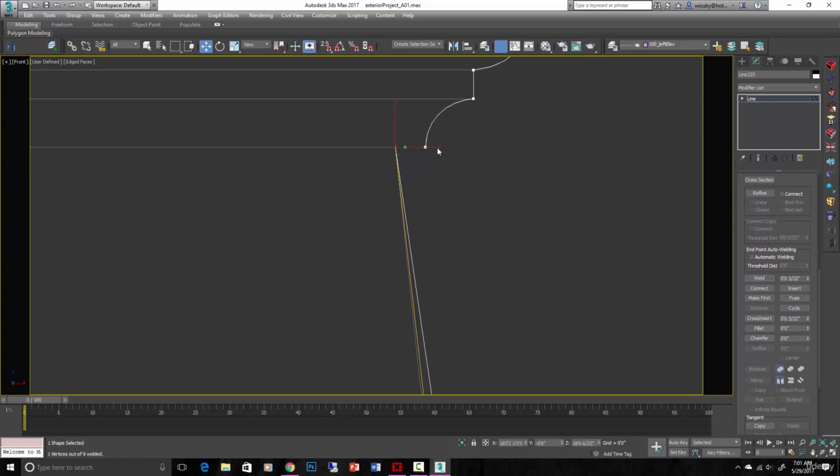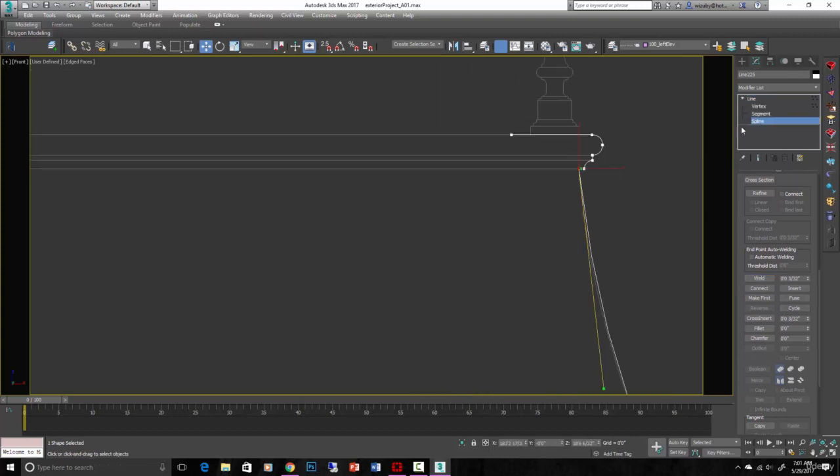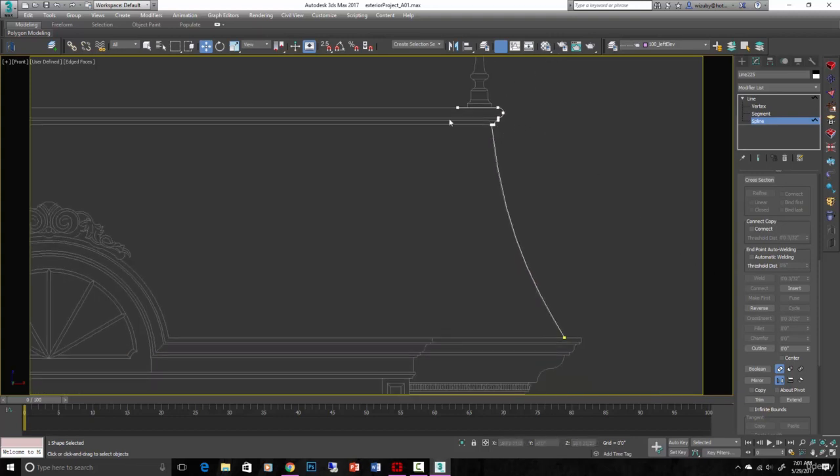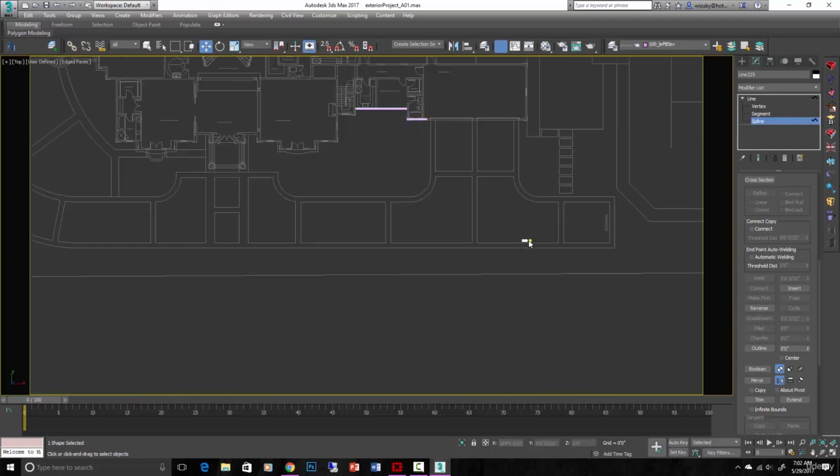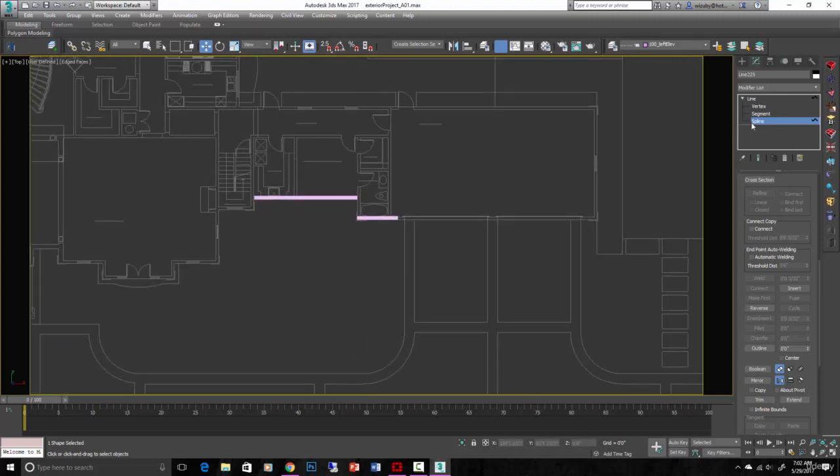Okay, they just welded together. Now it's really connected. What that means is when I select the spline, it selects the whole thing instead of just that one and just this one. They're now part of the same spline. Okay, that gives us a nice profile for that roof. Now, if you had a nice roof plan for this, which I don't think I do, I just have a